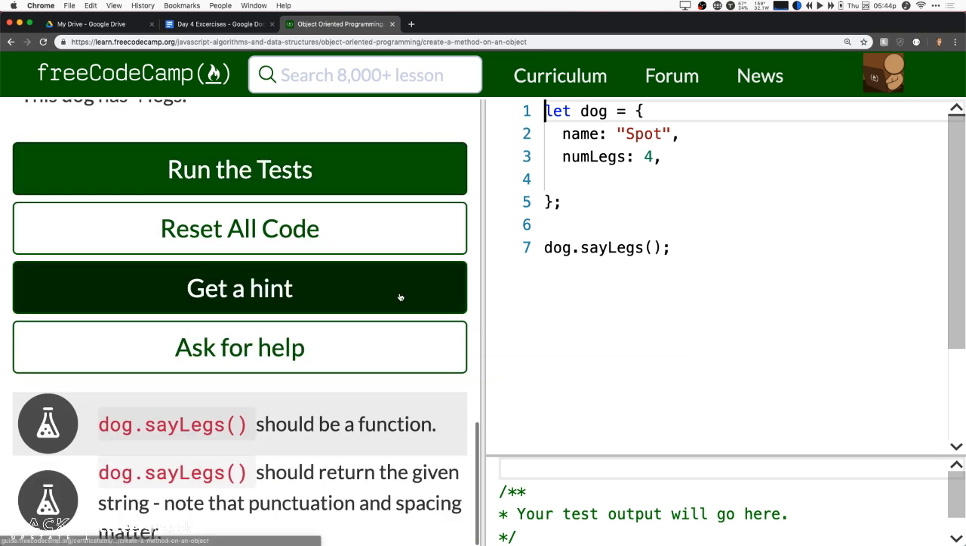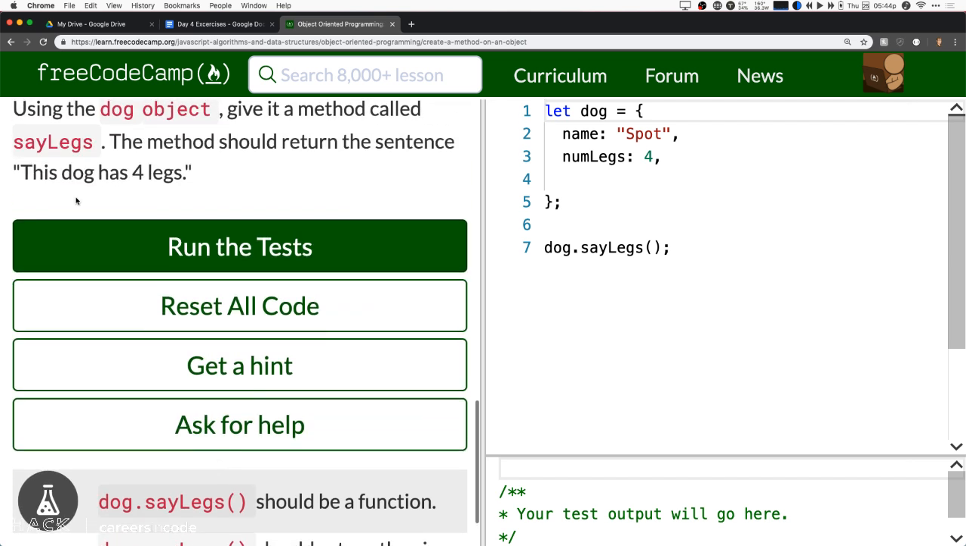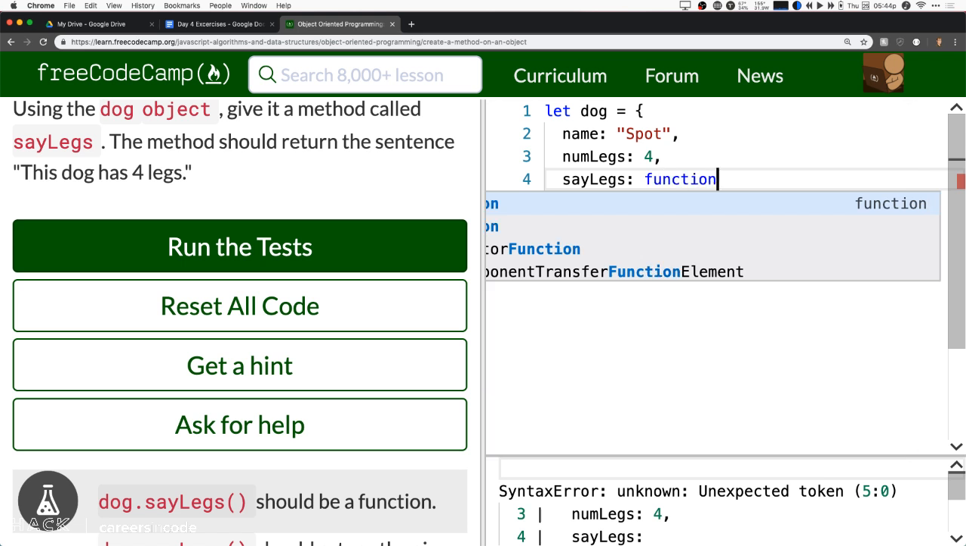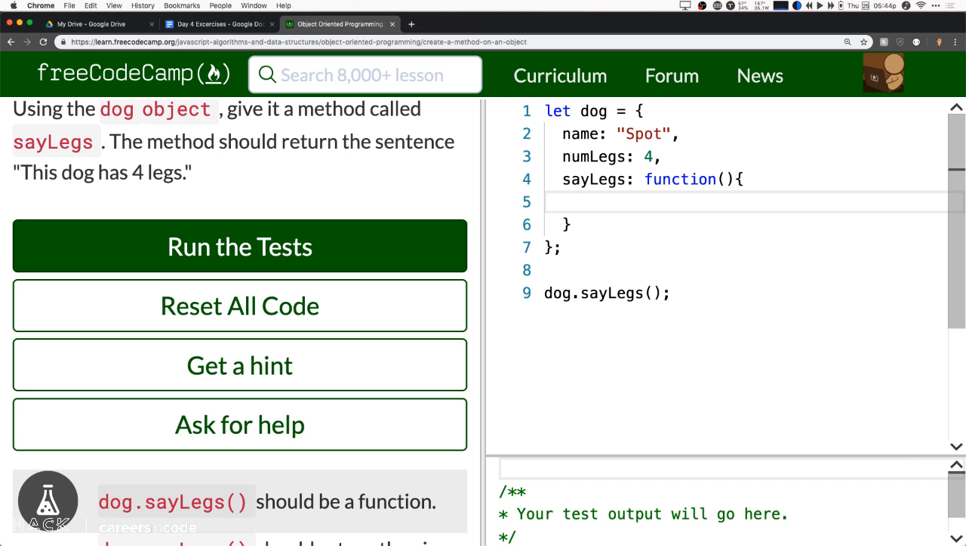So when we go down here, it's saying that it wants a sayLegs function, and it wants sayLegs to say "This dog has 4 legs." So we're going to define our key the way we always have, right? Which is sayLegs. And instead of just putting the value directly in here, we're going to put a function instead. So we're going to say function, and we're going to do our curly braces, and we're going to be good about indentation. And in our sayLegs, we are going to return "This dog has",